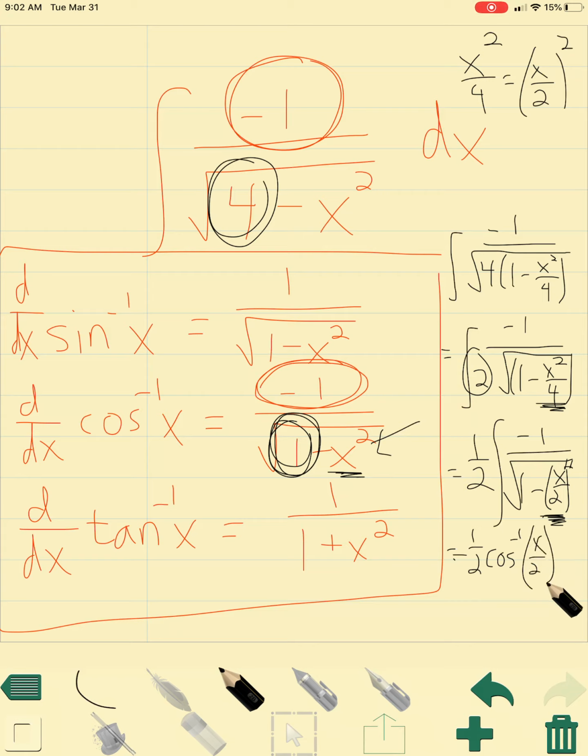Okay, the only thing that's a little bit different here is that now it looks like we would have had the chain rule in this case. So here's kind of a quick introduction to this. You didn't have to do this on your homework, but it's a good introduction to what we're going to get to, is that if we are using the chain rule here, what we would have to do is multiply this function by 1/2, okay, if we use the chain rule. So if we're using the reverse chain rule or working backwards, what you would have to do is multiply this function by 2. So what you would end up getting is just the cosine inverse of x over 2 plus c, because this 2